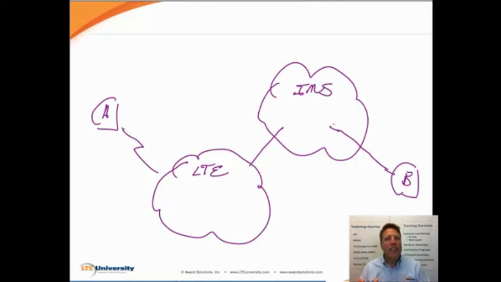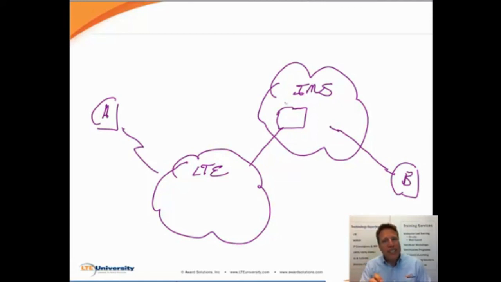And then, if that's all that was done, if A and B agreed on the requirements of the call and said, okay, let's do it, and that's as far as we went with it, this would be what we call the over-the-top scenario, like we spoke about in session 2. Right? The cellular network would have no specific knowledge about what this particular session required and would have no way of specifically supporting those requirements. All right? So what we need is some way for some server in the IMS network to communicate to the LTE network: here are the requirements of the call.